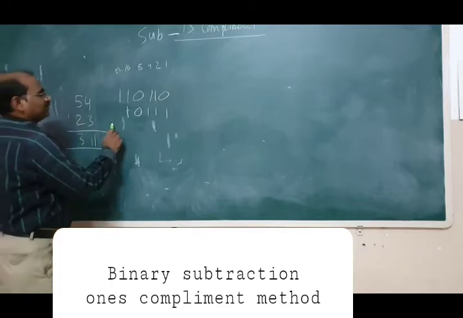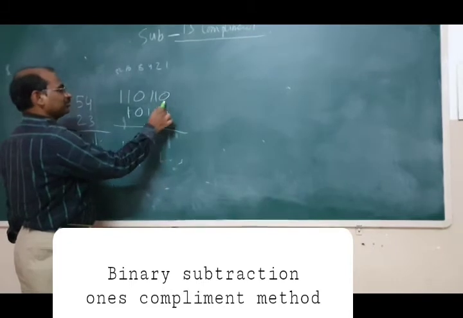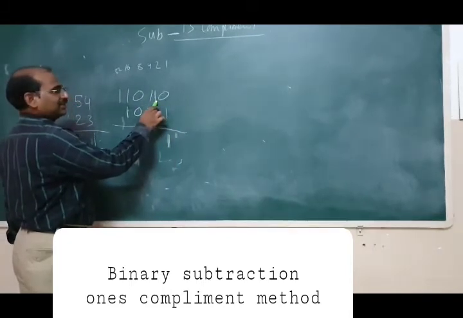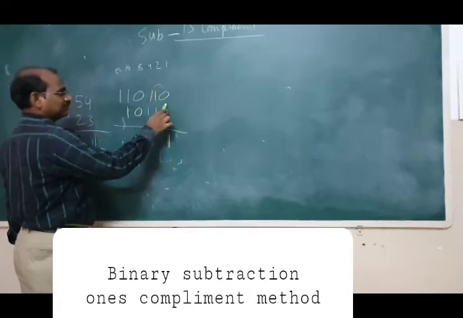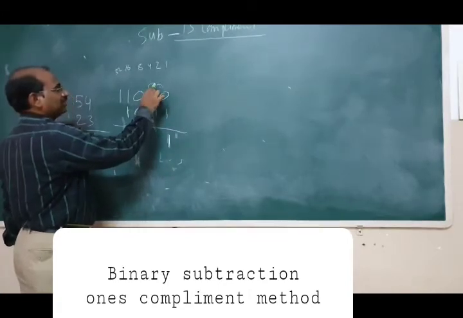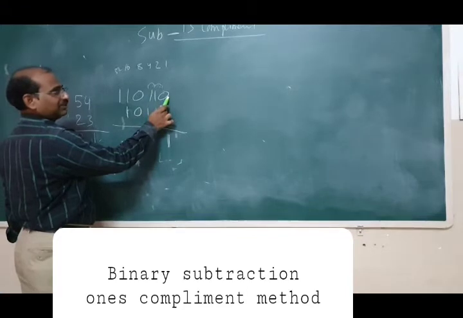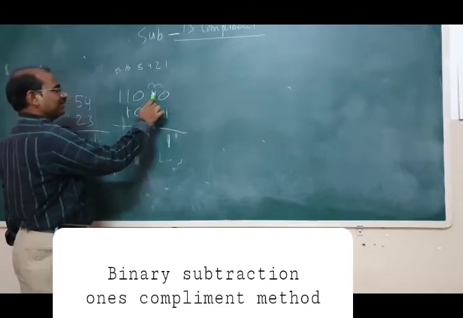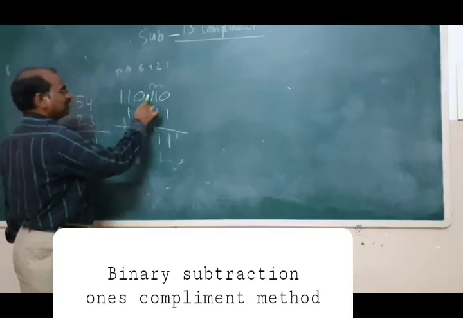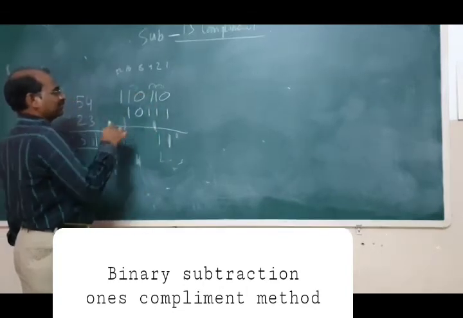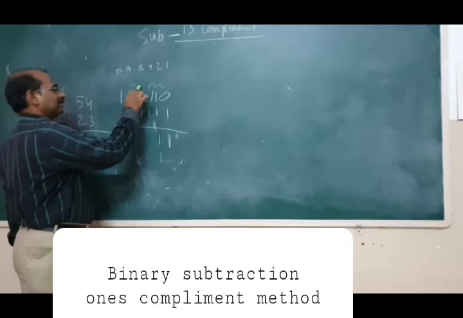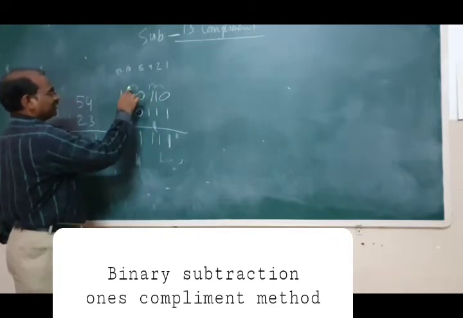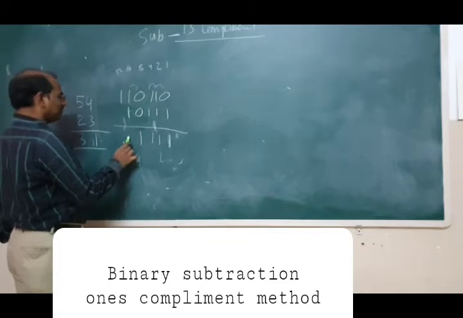So 31 we have to get, right? Again 0 minus 1 is not possible. Again you take a borrow here, 2 minus 1 is 1. A borrow here because we gave it as a borrow, here it is 0. Again take a borrow, 2 minus 1 is 1, again 0, you take a borrow from here, write it 1 here, 2 minus 1 is 1, 1. Again you take a borrow.